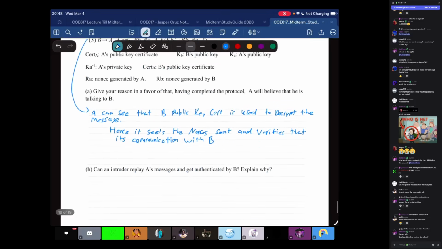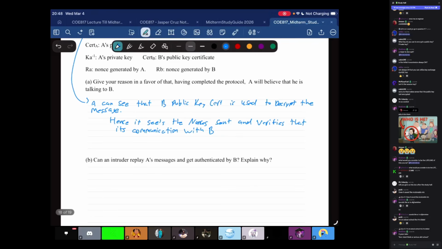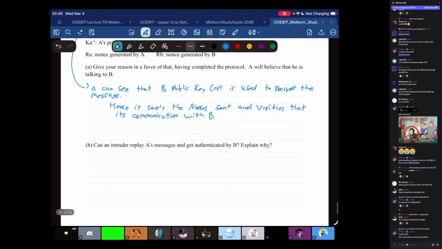Okay, all good. Can an intruder replay A's message and get authenticated by B? Explain why. Nope. Since nonces are used, the intruder wouldn't have